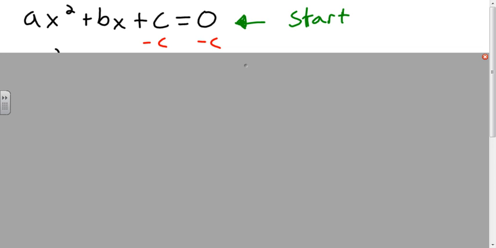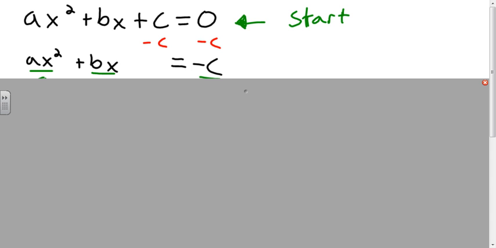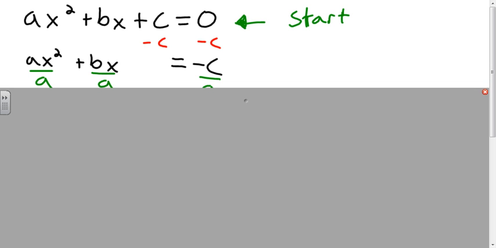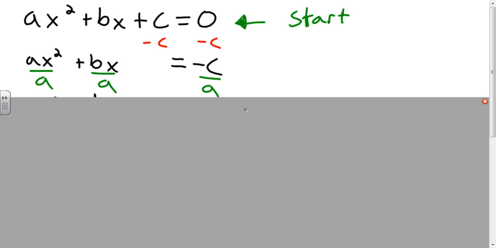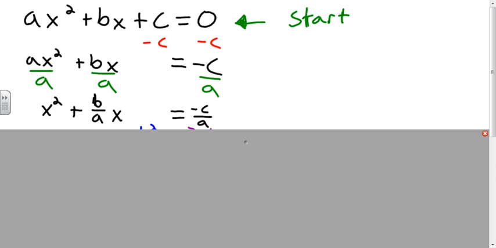So we start with our basic quadratic equation, ax squared plus bx plus c equals 0. First thing we're going to do is subtract c, so we get only terms of x on our left side. That leaves us with ax squared plus bx equals negative c. From there, we divide by a, just to get rid of whatever term is in front of the x squared, because we want x squared to be alone, with no coefficients. So when we do that, that leaves us with x squared plus b over a times x equals negative c